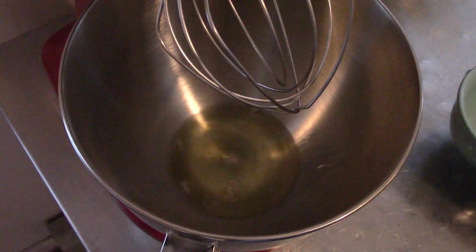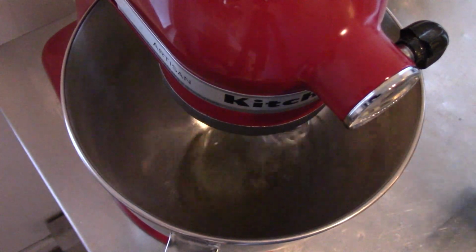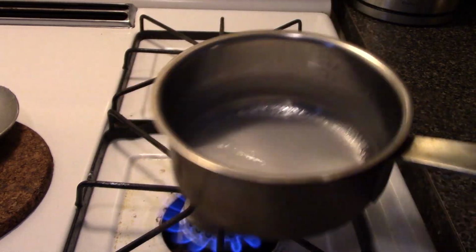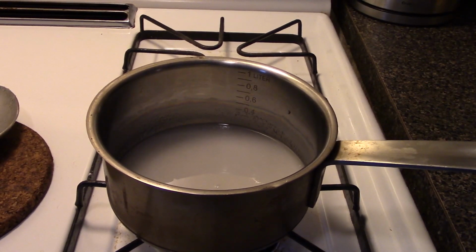Returning to our stand mixer, we'll pour in 100 grams of egg whites and start beating those. Now, we'll be making Italian meringue, which is the most stable of meringues. So it's perfect for the topping of our Chimborazos, since it is both safe to eat and won't separate. What that means is we're cooking an equal amount of sugar with 30 grams of water in a pan to